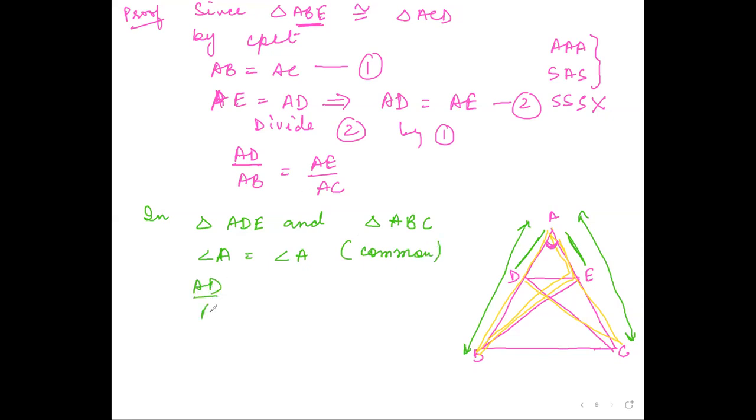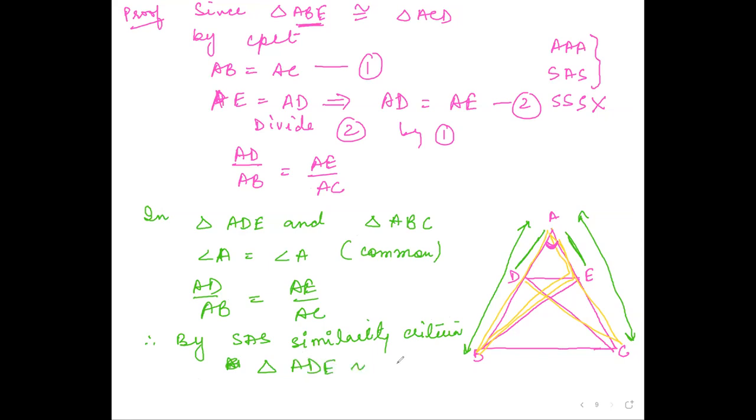So AD upon AB is equal to AE upon AC. So which criteria can I use? SAS. So by SAS similarity criteria, I can write triangle ADE is similar to triangle